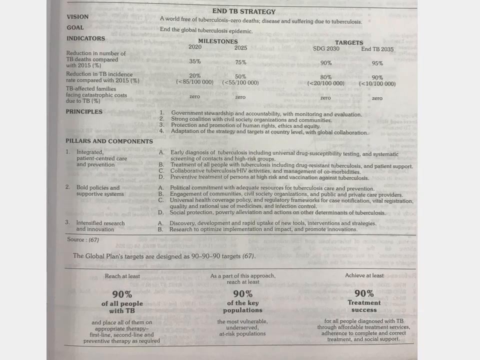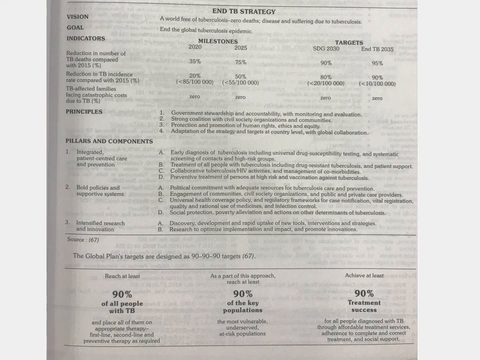If we move on to this slide, you can see the NTB strategy. What is the vision? What are the goals? The goal is to end the global tuberculosis epidemic. Then we have indicators and milestones as well as targets. As far as the indicators are concerned, the indicators include reduction in number of TB deaths compared with 2015 in percentage, then reduction in TB incidence rate compared with 2015 in percentage, then TB affected families facing the catastrophic costs due to TB in percentage, then the principles